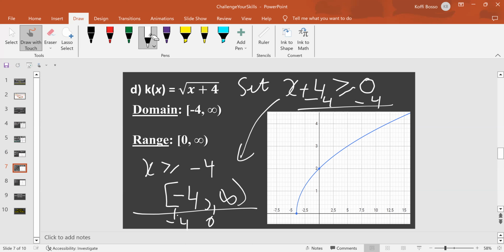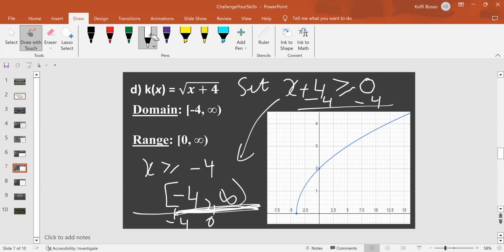So from -4 to the right side is the solution. That's why you have -4, comma, infinity. So we close at -4, but we open it at infinity. We don't close there. Now the range, again, if you see this blue graph, the lowest point of the graph,